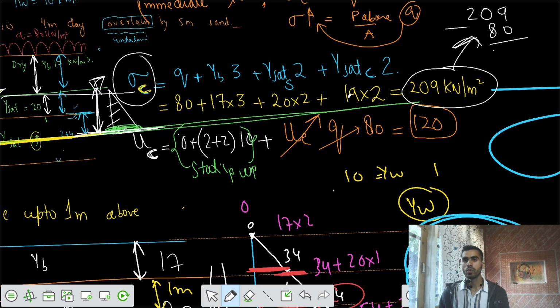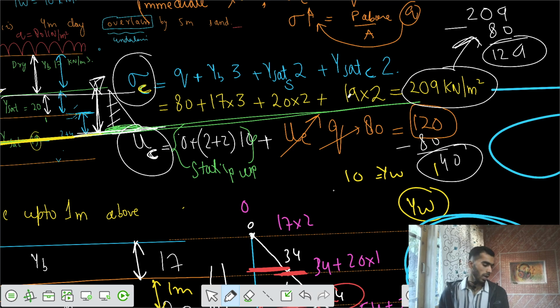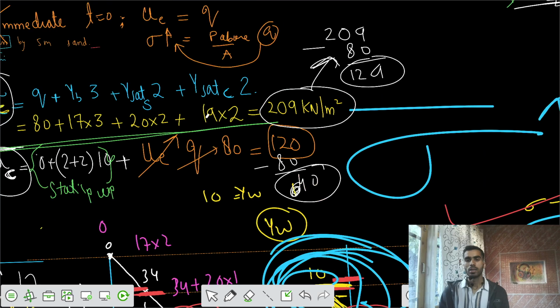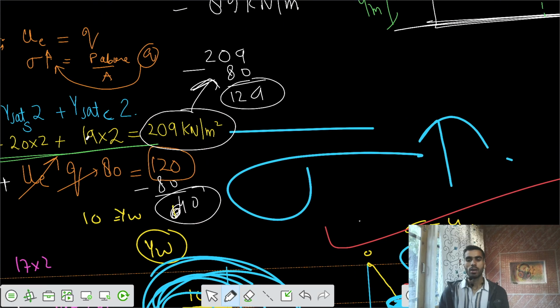So the initial value should be 129. You can verify that. And your pore water pressure initially should have been 120 minus 80, that should be 40. You can check that also from the initial condition, that pore water pressure at the center of the clay should be 40 kilonewton per meter square,